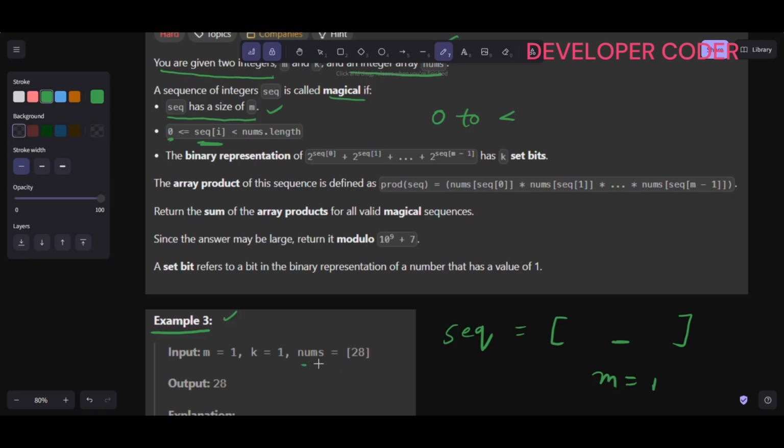So here this is my nums array, and nums dot length is 1. So 0 to less than 1 simply means only 0 in this case, example number 3. 1 is the value of nums dot length, so only 0. So here this sequence of I is denoting nothing but the indexes